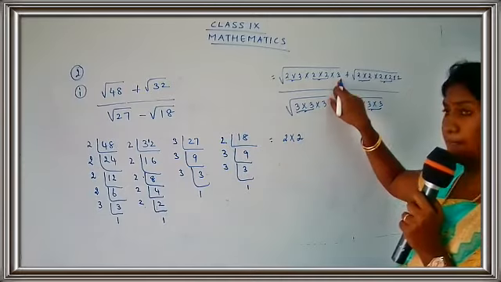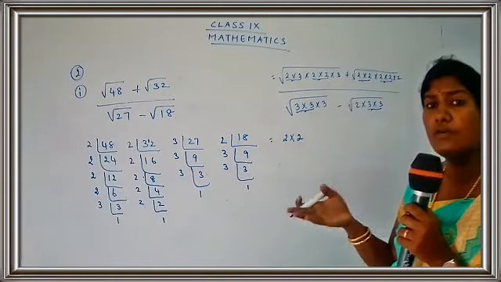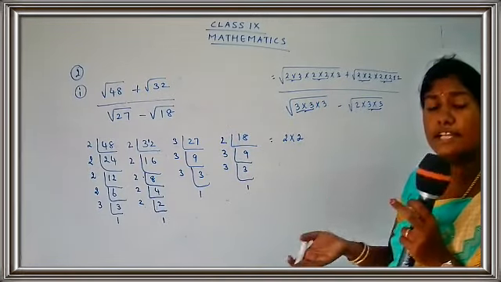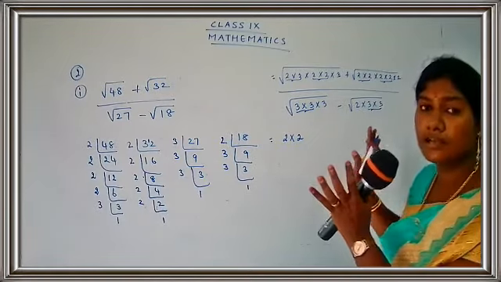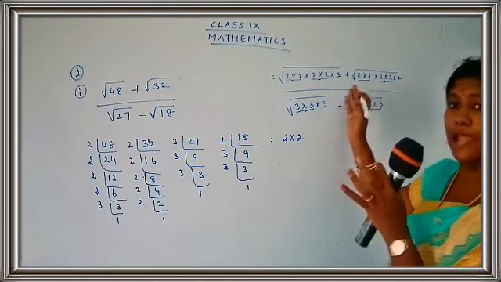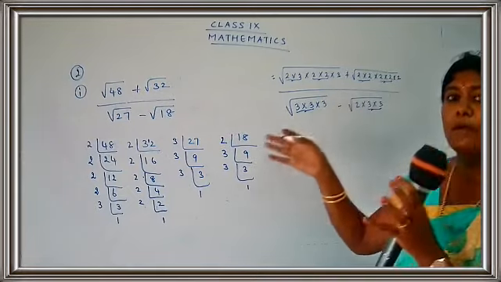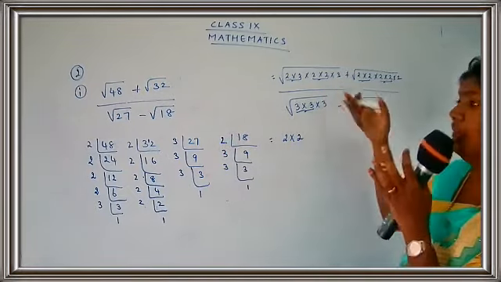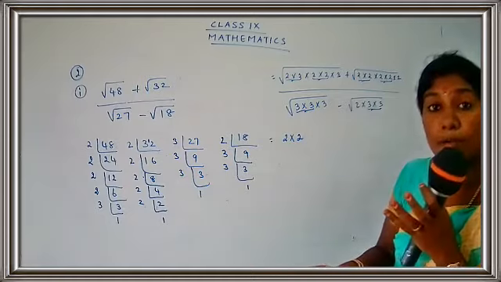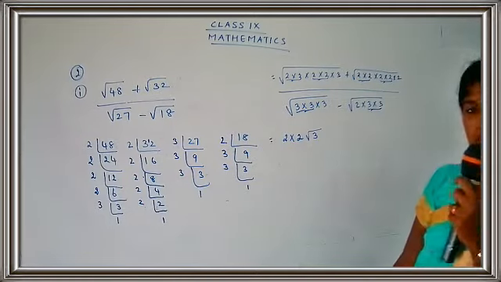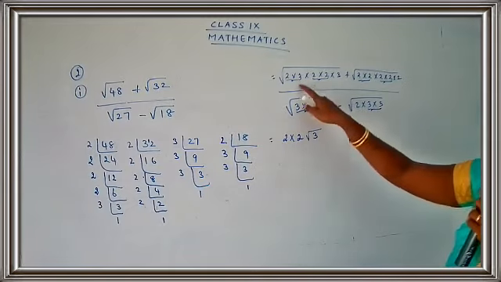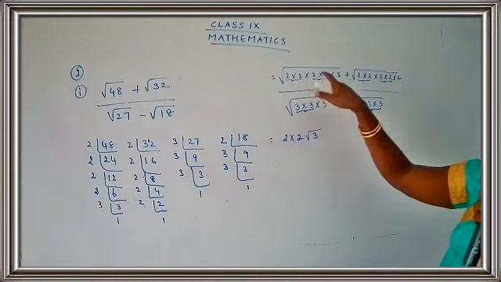But for this number 3, there is no pair. There is no partner for 3. Since there is no partner, the 3 is going to be inside the square root sign. If you have a pair, then only you can come out of the square root sign. But for 3, there is no pair, so 3 is not going to come out. Getting my point, children? It was with a friend, so it came out.